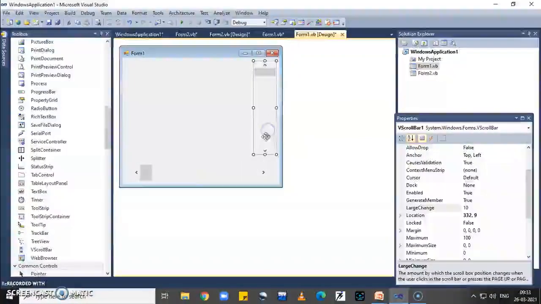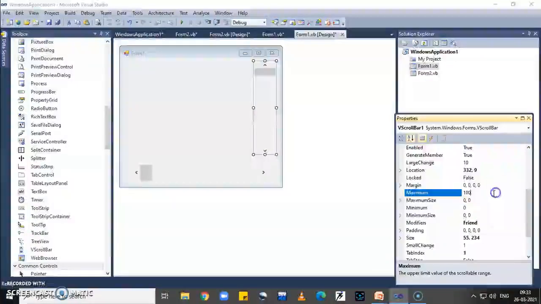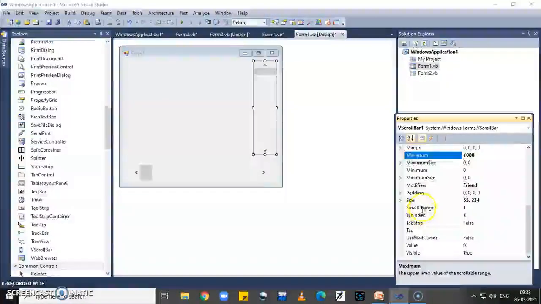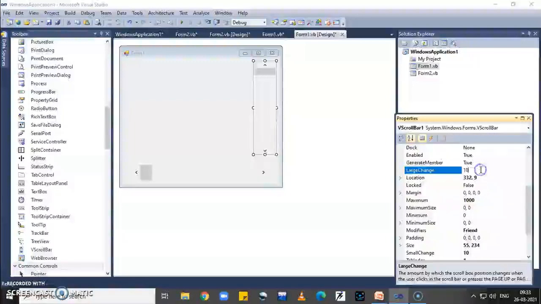Now here vertical scroll bar, same name is V scroll bar 1. Then minimum value set to 0, maximum set to 1000. Then small change 10 and large change 100.